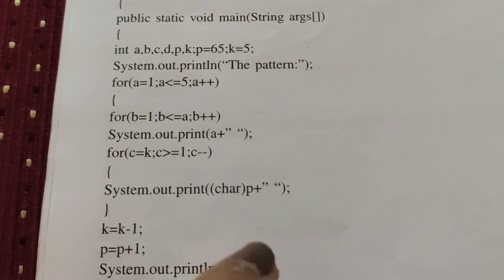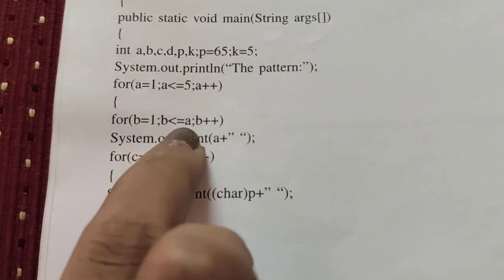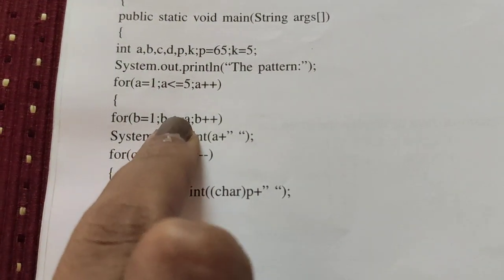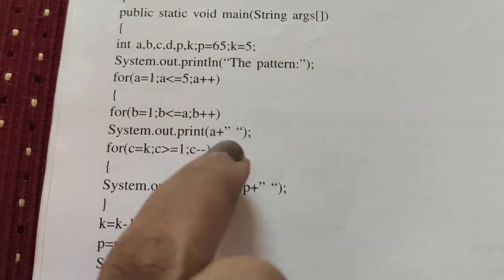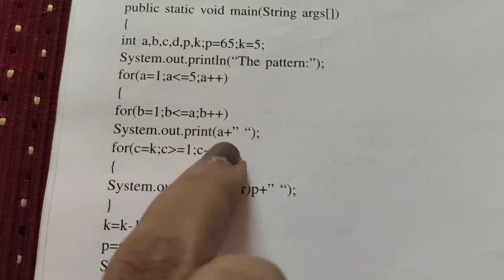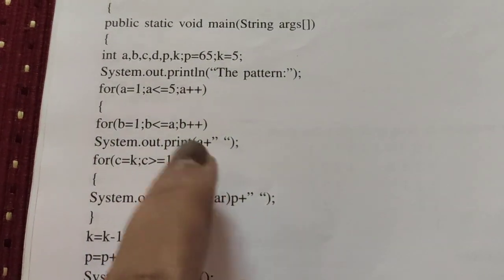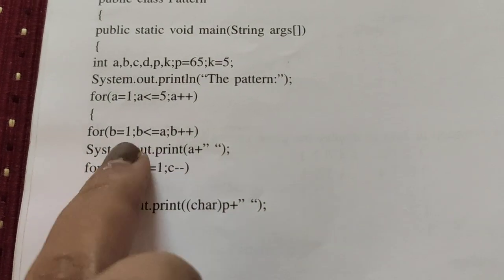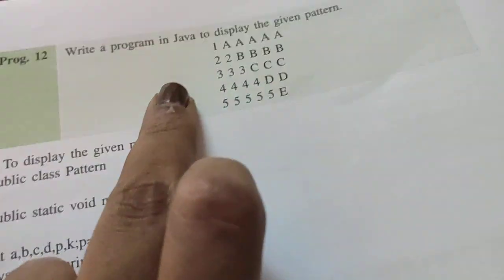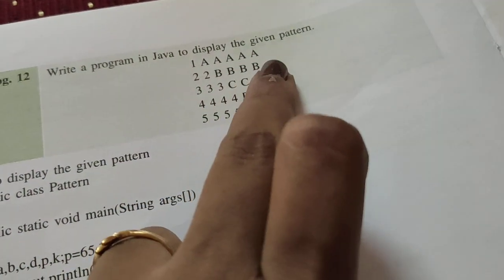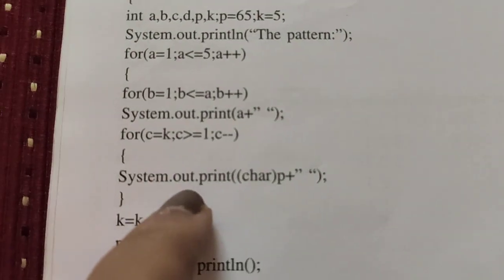So for that reason they have initialized this iteration variable as the condition. So 1 is going to be printed 1 time. For the first iteration, 1 is going to be printed 1 time. If it goes to the second iteration, 2 will be printed 2 times. For that reason only they have given this loop. And next we have to print, see here, we have to print a 5 times. For that they have given this loop.